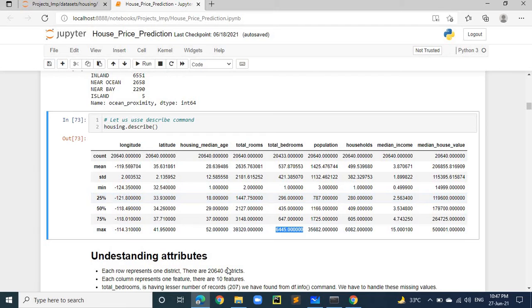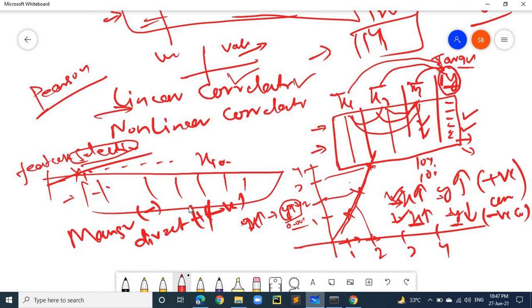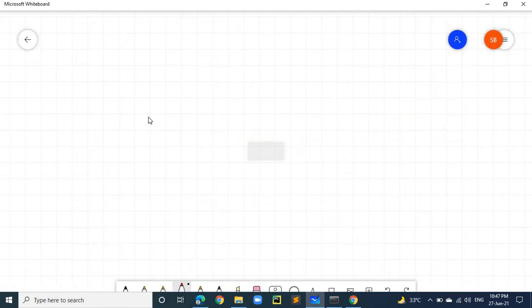The percentile is calculated statistically, and it comes under descriptive statistics. So let us see how it is calculated.